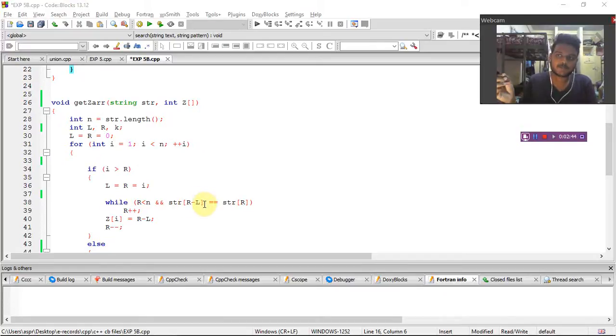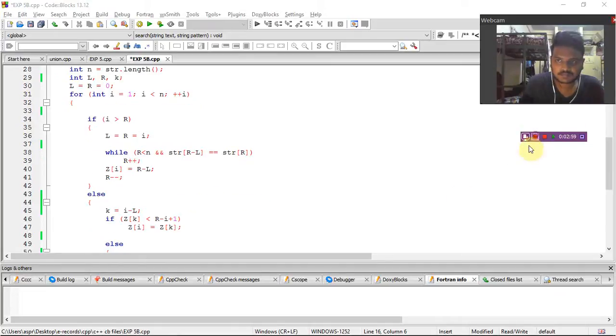It means in the text, the line interpreter starts from the 0th index, and it searches the whole text until it is equal to the string length. It calculates the total string length, and it increments the value of r, and it stores in the z of i.